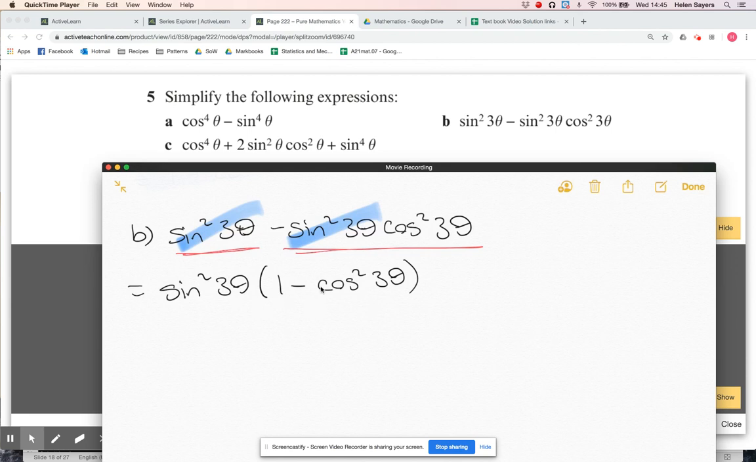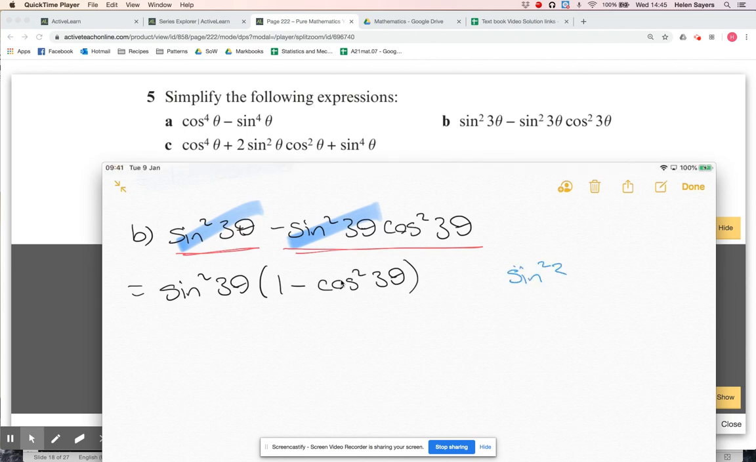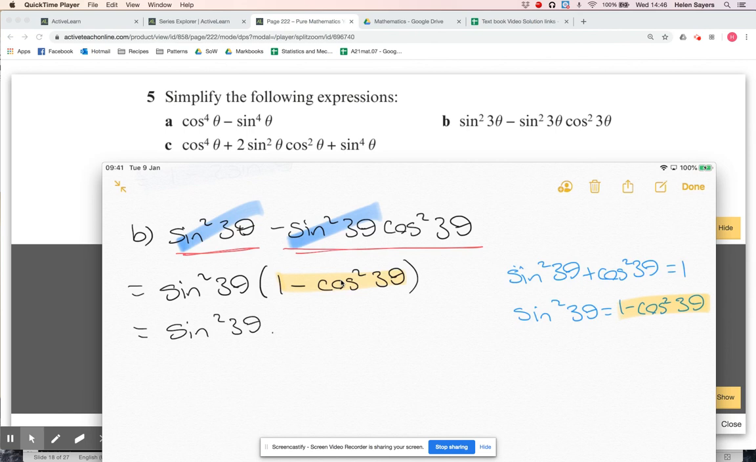Okay, right, so the other thing I can then spot is, well, think about the identity. I'll write it with 3 theta because it still works. So then, if I wanted to make sine squared 3 theta the subject, I can minus the cos squared 3 theta. So that is actually, I've got the sine squared 3 theta that I took out as the common factor, and actually it turns out that those brackets also equal sine squared 3 theta,